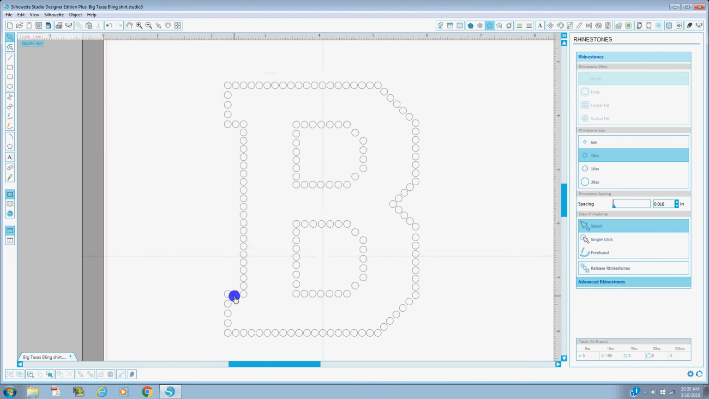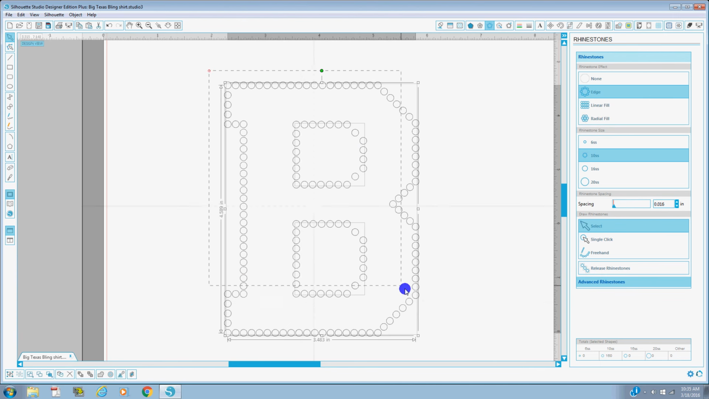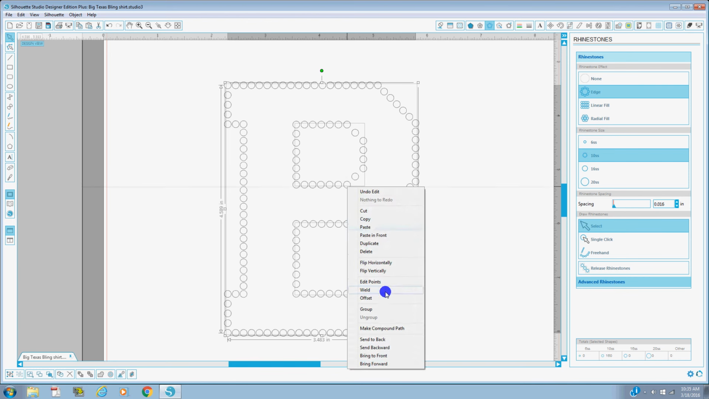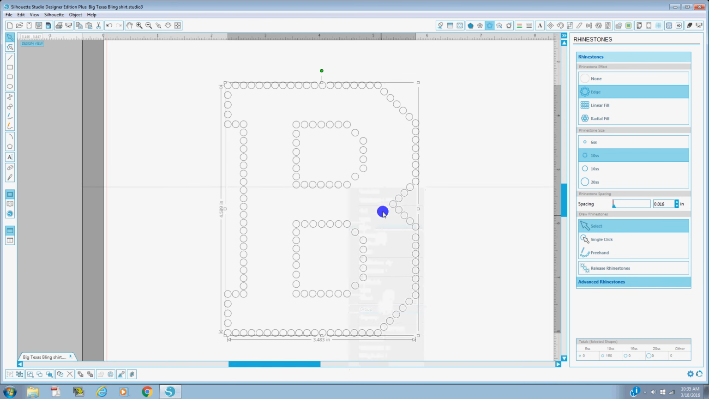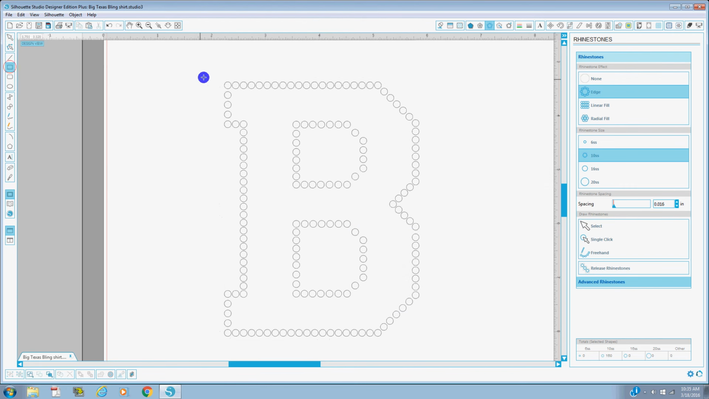Now what I want you to do is left click on your screen and drag, and you're going to select everything that's there with your rhinestones on the screen. And now I want you to right click on that design, and you're going to tell it to group. And now if you just come over to the far left to your rectangle option, and we're going to draw a box around our rhinestones here,